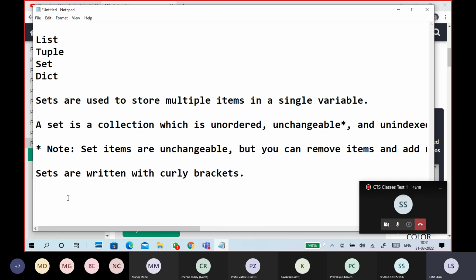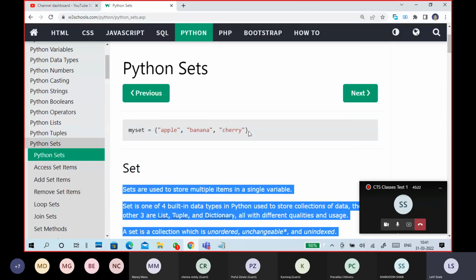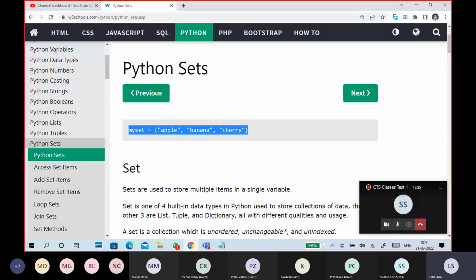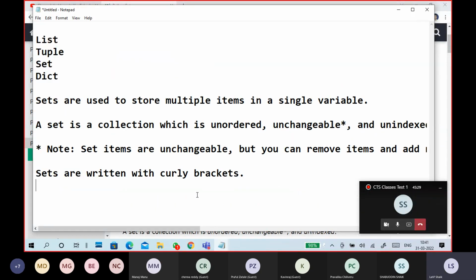Next, sets are written with curly brackets. To mention that this is a set, you have to use curly brackets. So square brackets for list, round brackets for tuple, curly brackets for set.